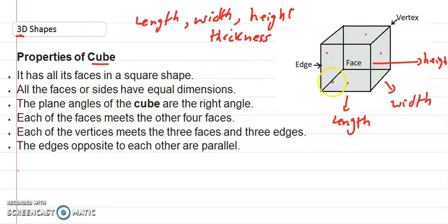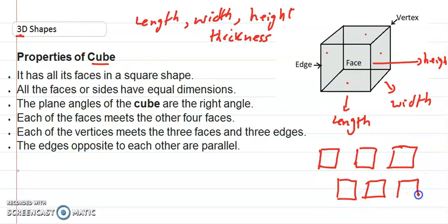And all the plane angles in the cube are right angles. I mean, if you look at the angles for each face, if I separately draw each face, there will be 6 squares in it, which we call the faces. All are equal squares. So each face has 4 right angles in it. So we can say the plane angles of the cube are right angles, and all the sides in the cube are of equal dimensions, meaning length, width, and height are equal. In the cube, the length will be equal to the width, and width will be equal to the height. All three are equal,